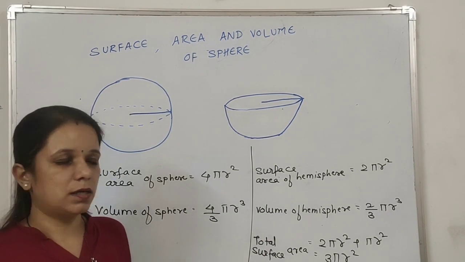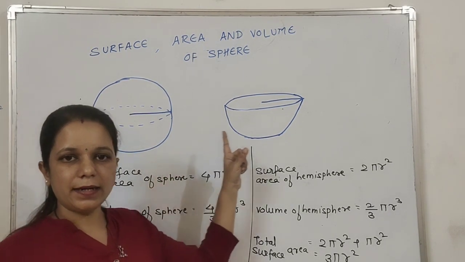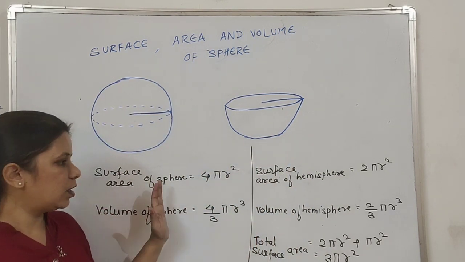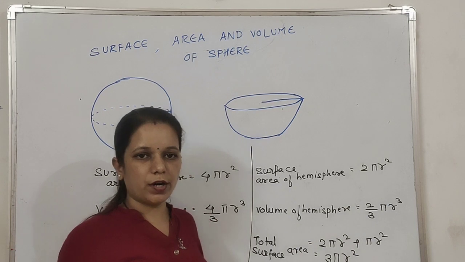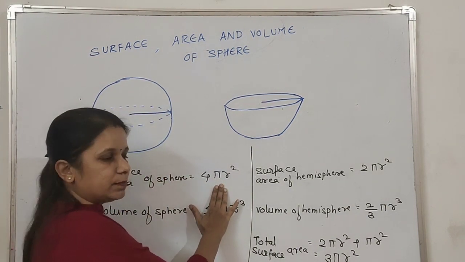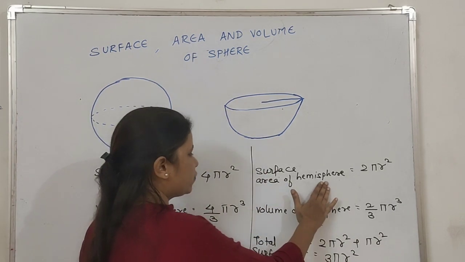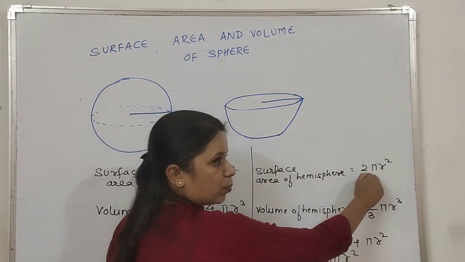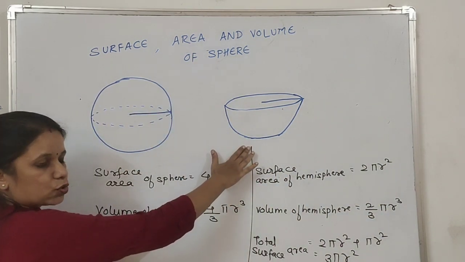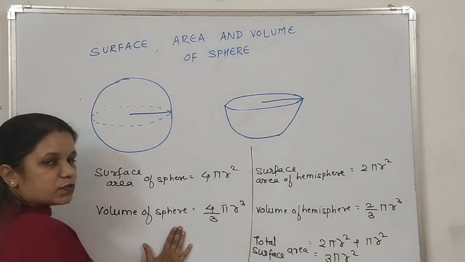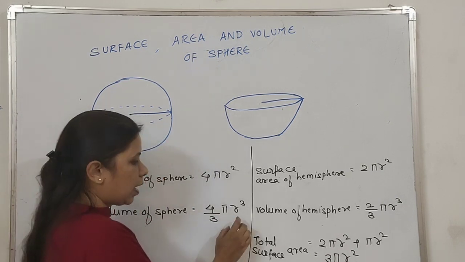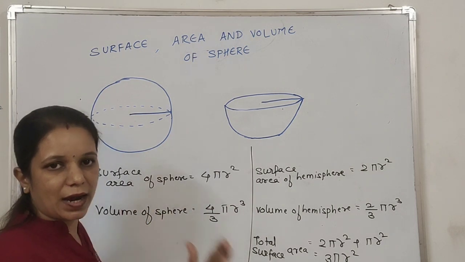So here sphere and hemisphere, half sphere is called a hemisphere. So formulas I have written accordingly. Surface area for a sphere is 4 pi r square. Surface area of a hemisphere, half of this, 2 pi r square. Okay, see here the figures also will show you. Volume of a sphere 4 by 3 pi r cube. R cube, it doesn't have height.